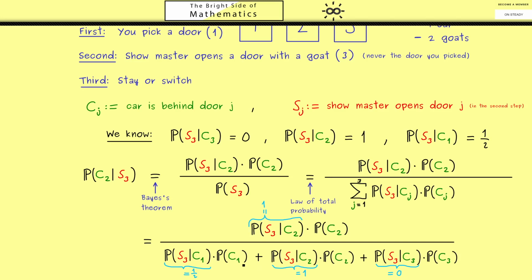Okay, now you see, the last ingredient we need would be the probability of C2 and C1. And there of course we have the assumption that this is the same probability. So we assume a fair game, each door has the same probability for getting the prize. And by having 3 doors, this would mean we have the probability 1/3. Okay, now we have substituted everything with numbers, such that we can simply compute. And we get out 2/3. So indeed, we get out the result that in this scenario, switching is beneficial. However, of course, the goal here was not winning a car, but rather seeing the application of Bayes' theorem and the law of total probability.